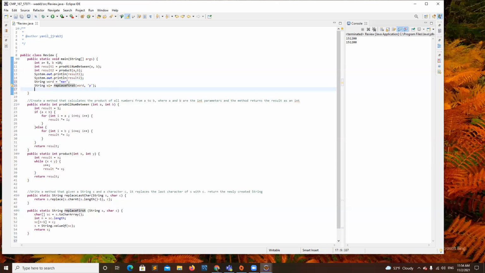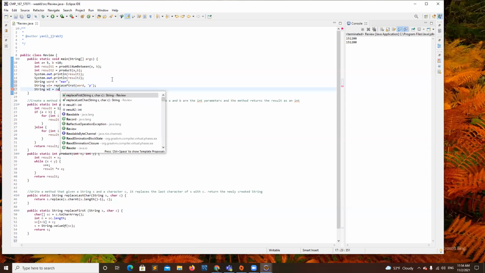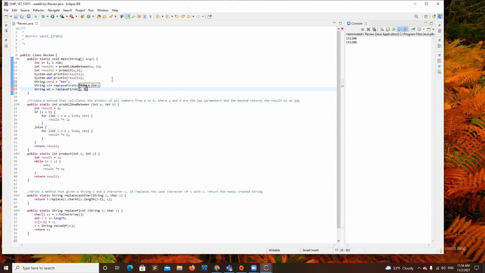And then one more string, probably 2, replace first, even though it's supposed to mean replace last word. And then C. It's going to be replaced as T.